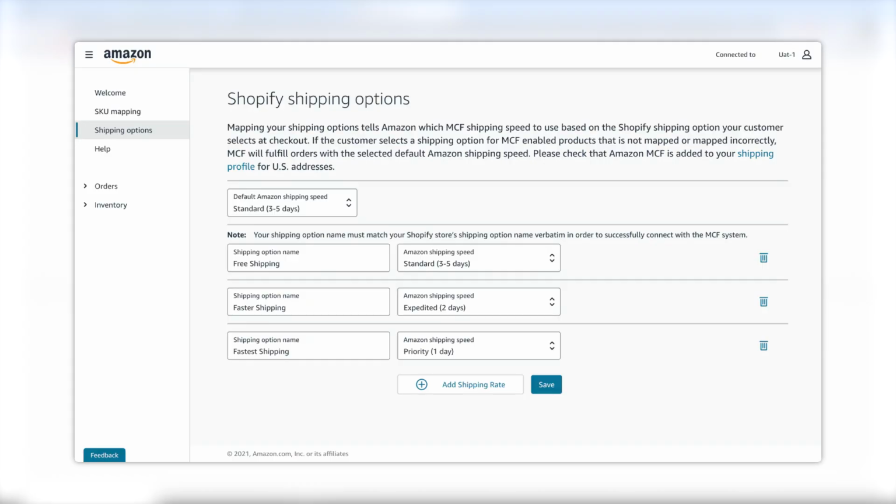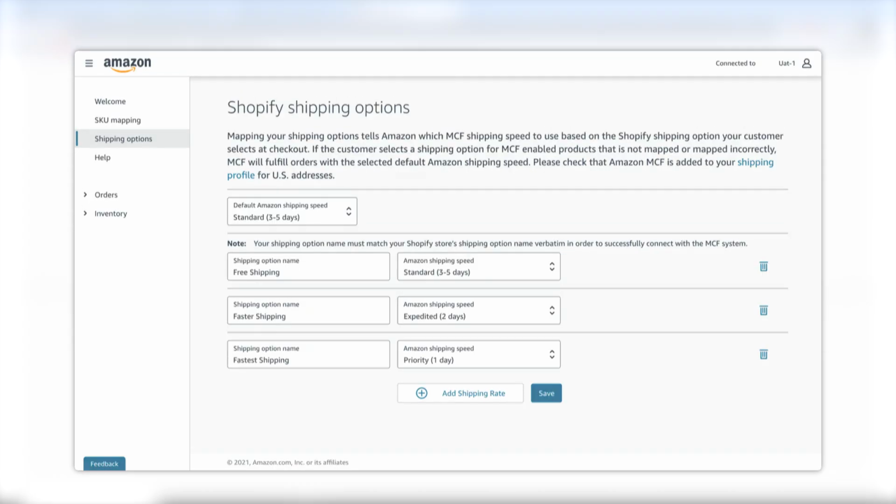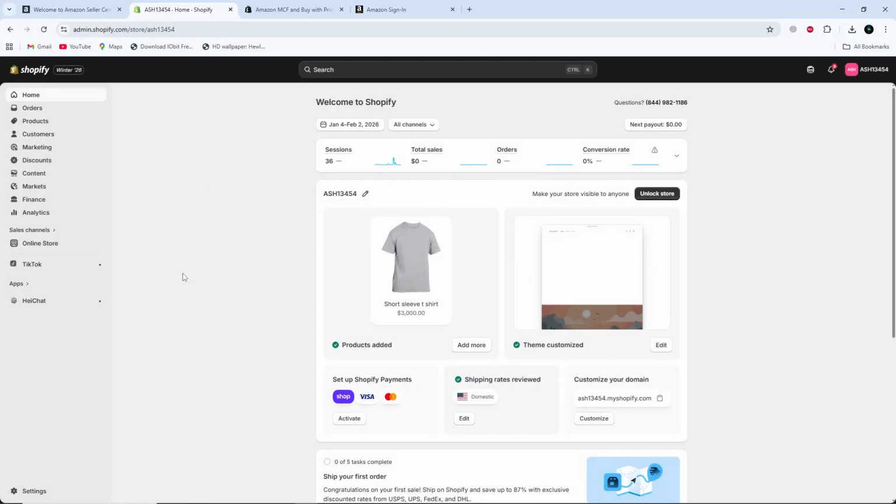After setup, test the system by placing a sample order in Shopify to confirm that Amazon receives it and sends